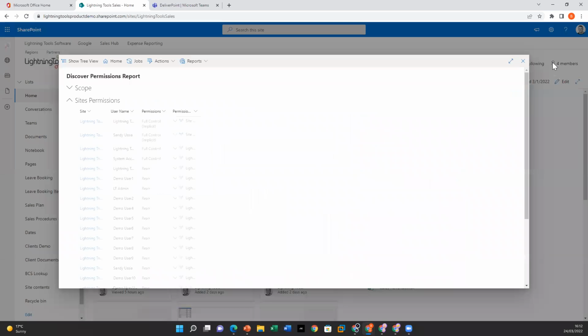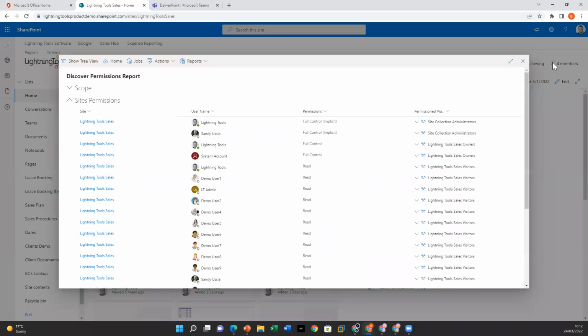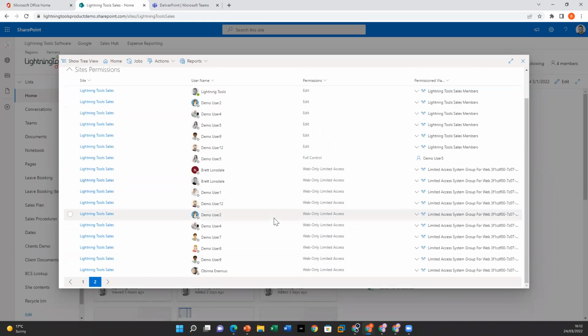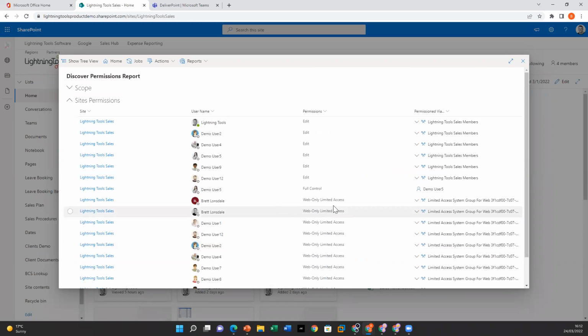So this discover permissions is really focused on the site itself. We can see a list of users, what permissions those users have, and on the far right hand side we can see how those permissions were granted. And as we scroll down, you'll see there's 2 pages of these permissions, and of course we can navigate through each page. Here's demo user 5, which we had already discovered, had full control by going to the advanced settings,